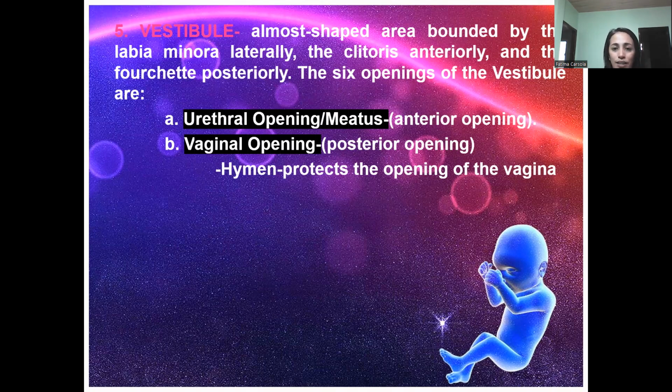We also have here the vaginal opening. The vaginal opening is very important because we have the posterior opening and we also have the hymen in it. Okay, before the hymen is considered as a criterion for virginity, meaning if you will not bleed in the first sexual intercourse, meaning you don't have a hymen and you are no longer virgin. But then again, they have found out in the new books that we have for maternal and child health nursing that there are people who were born without a hymen, and even multiparous women could still have the multiform hymen.